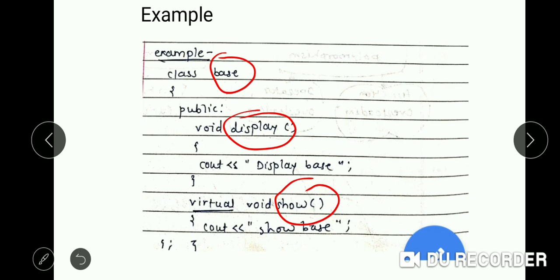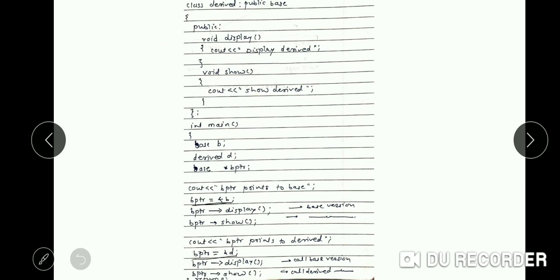Whenever we declare a function as virtual, we have to declare it in the base class only, not in the derived class definition. This is the derived class which is derived from the base class, which again has functions with the same names, display and show, which show the messages show derived and display derived.